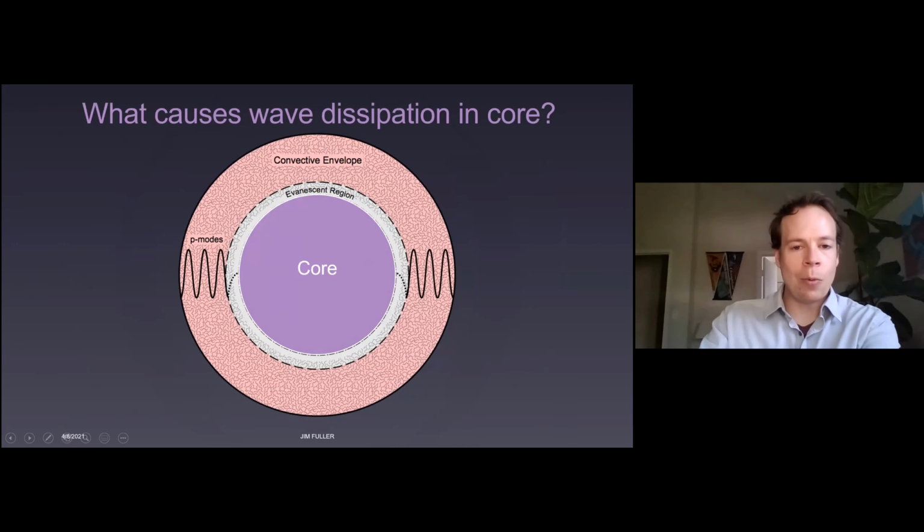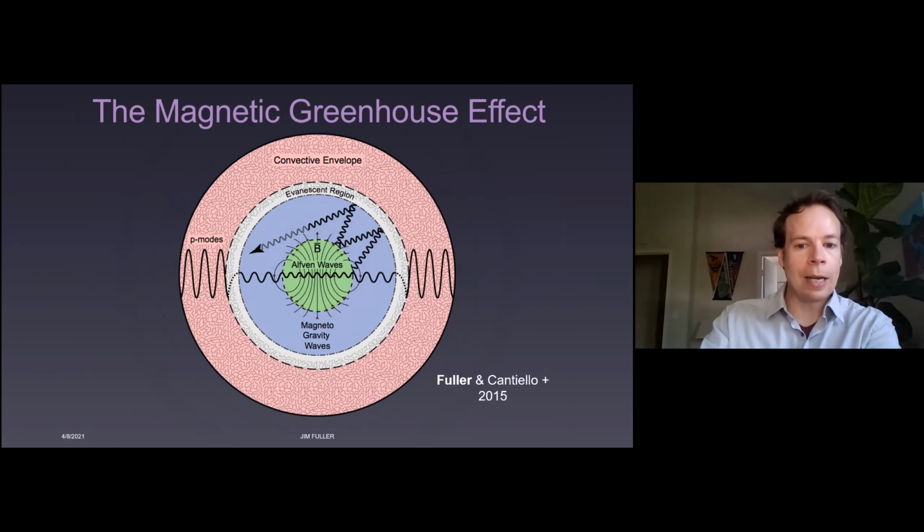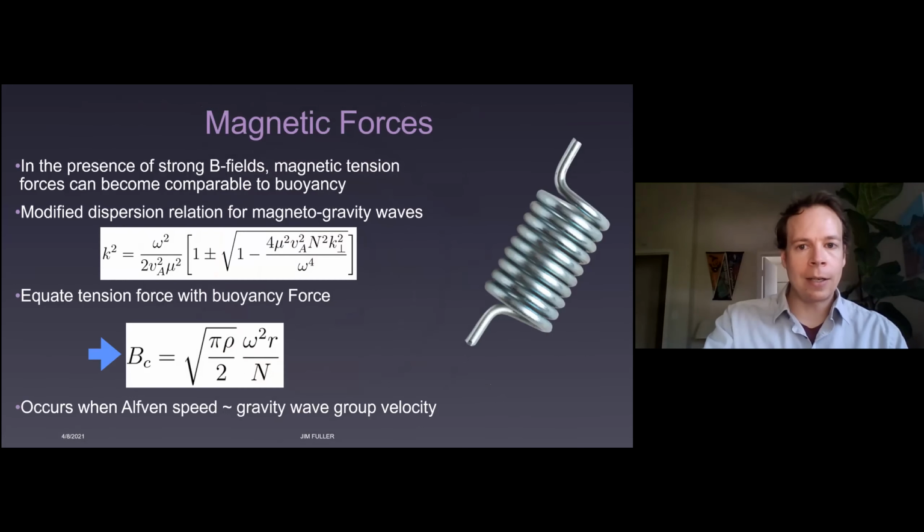Well, you can probably guess that what we think is happening is that there's a strong magnetic field in the cores of these stars. And that actually disrupts the gravity waves due to an effect we like to call the magnetic greenhouse effect. So what we're going to see is that when the waves hit this magnetic field, they basically convert into a third type of wave called Alfvén waves, which are basically just magnetic waves. And it turns out those then get stuck in the core of the star, so you don't see those pulsations at the surface. So to understand that,